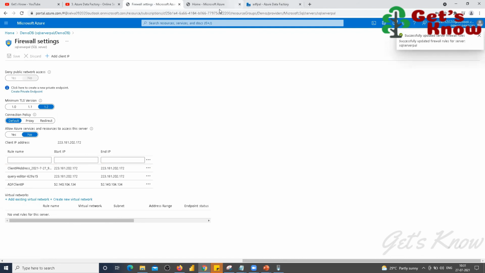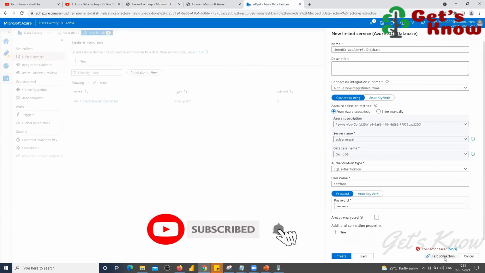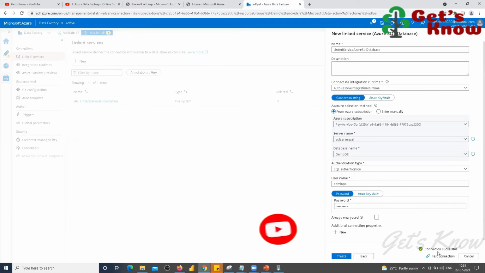Then I click save. It's okay. Now come to this ADF and try again with the test connection. Now it is successfully connected, right?